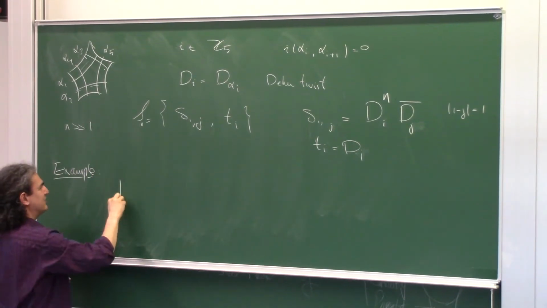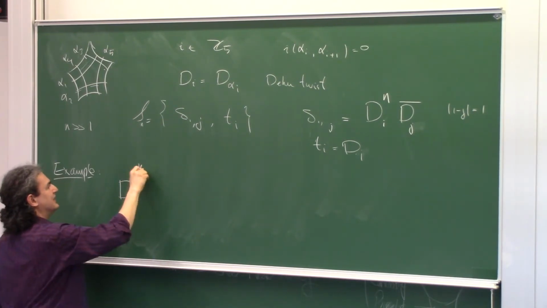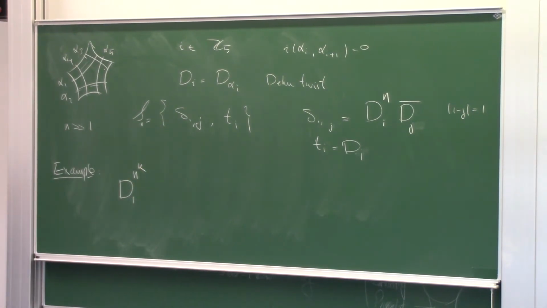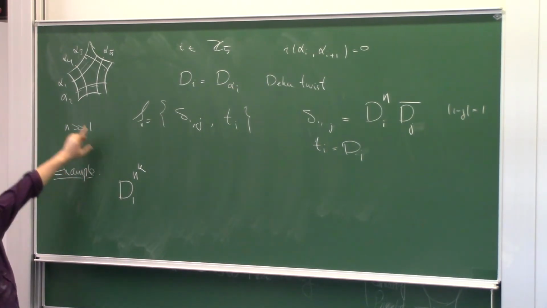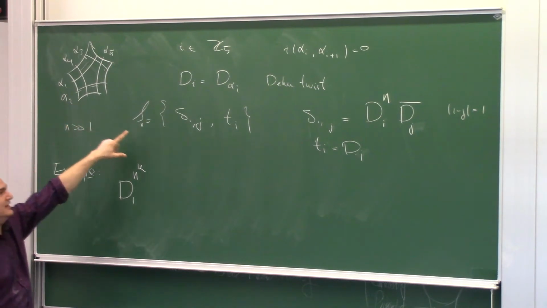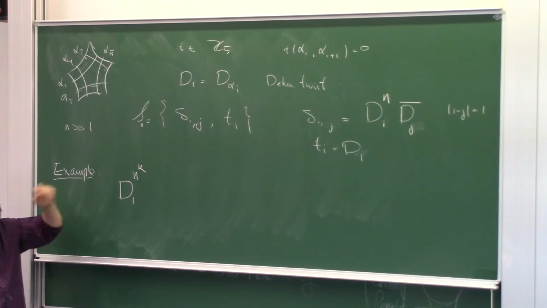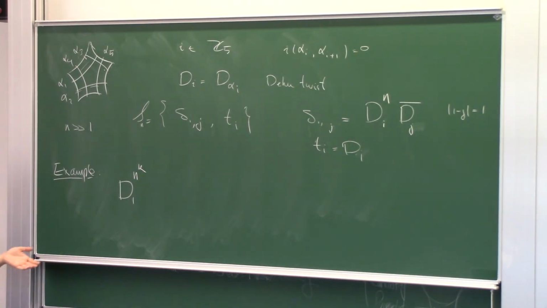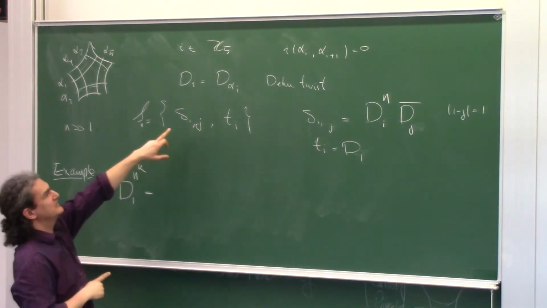For example, let's say I have d1 to the power of n to the k. That's a huge, huge power, right? Normally, if you want to write this as a product of the usual generating sets, it would just be word length n to the k times some constant which I don't know. So I want something which is definitely shorter than n to the k times some constant. That's why this n is so big. So how do I do that using this kind of generators?